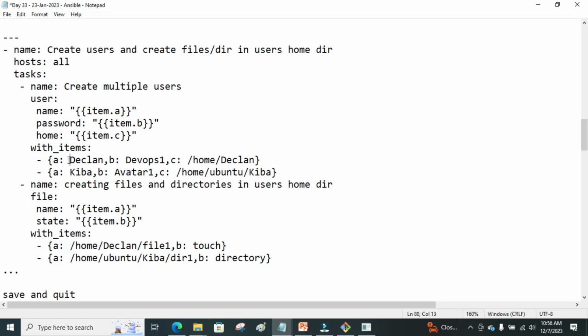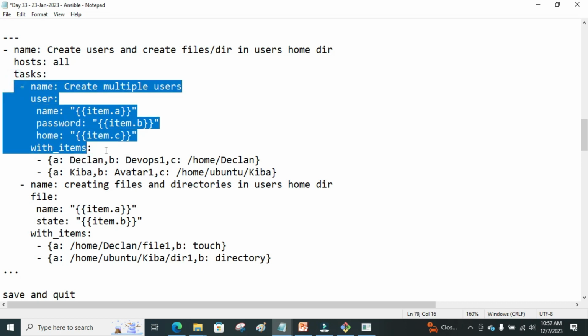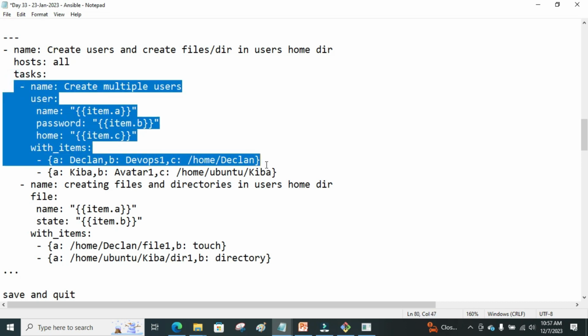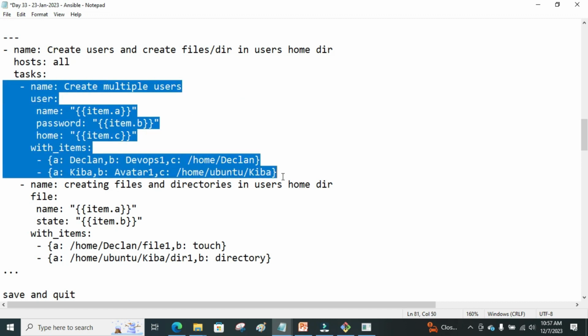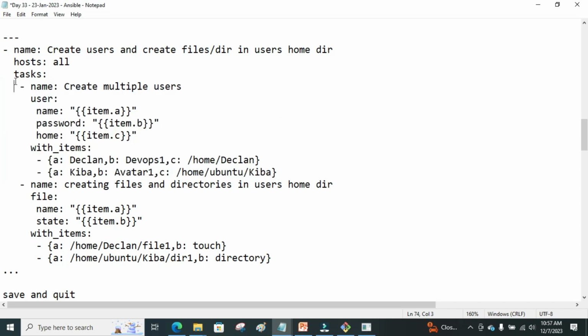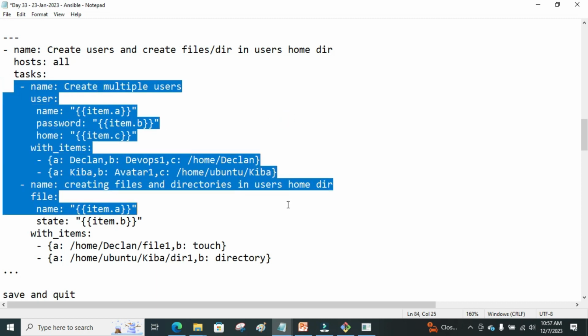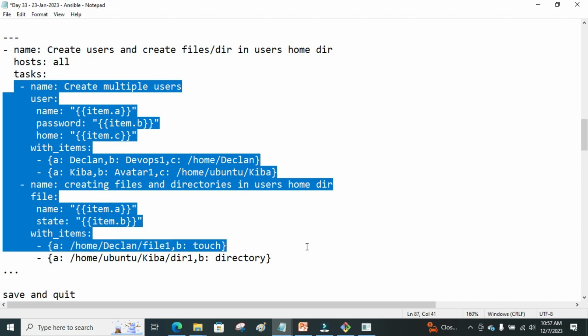The first user's name is Declan. The playbook runs for the first time, and the user Declan is going to be created. Then the playbook runs again for the second time, and the user Kiba is going to be created with his home directory. Then the playbook runs for the third time, and a file is